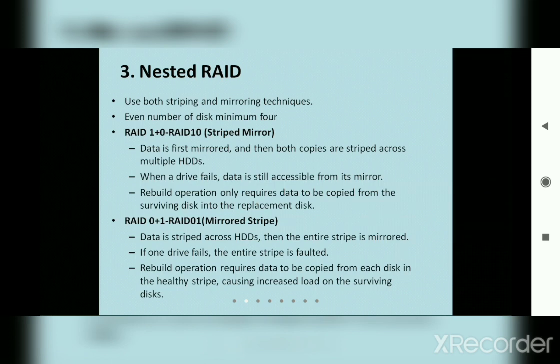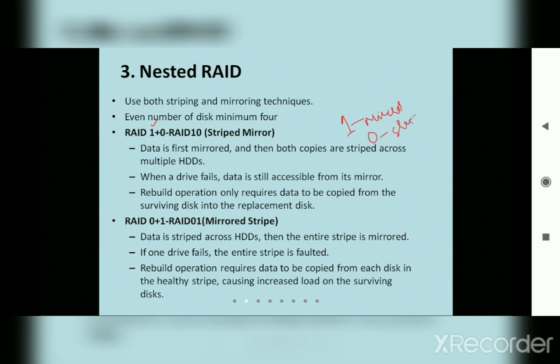In this one, the first thing they do is the RAID mirroring. As the term suggests, the first one, 1, means mirror. So please remember, I do the mirror first, which means multiple copies are created. And after that, I do the striping. Stripe 0, that is RAID 0, means a stripe.